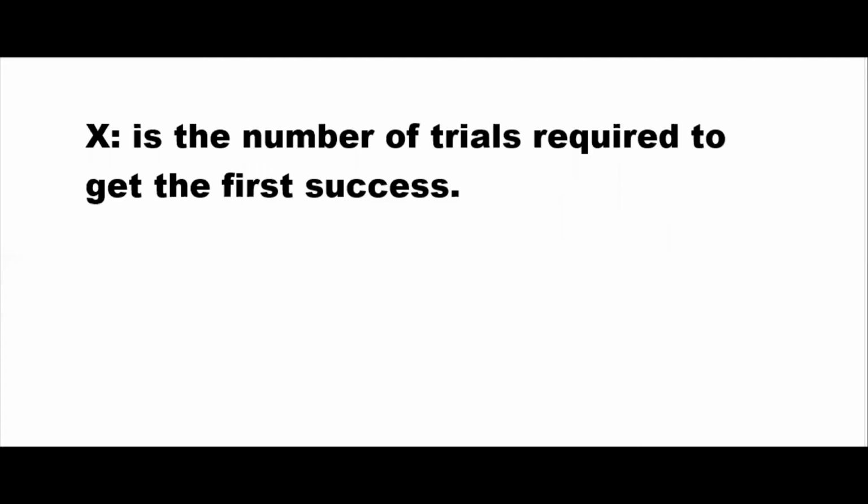In binomial, do you remember? We talked about tossing a coin 100 times suppose. So the number of trials were fixed there. In binomial, the number of trials are fixed. In geometric, the number of trials are not fixed. Geometric is the opposite of binomial. That's why we say negative binomial. Geometric is a part of negative binomial. We'll go to negative binomial as well, but we have to start with geometric distribution.